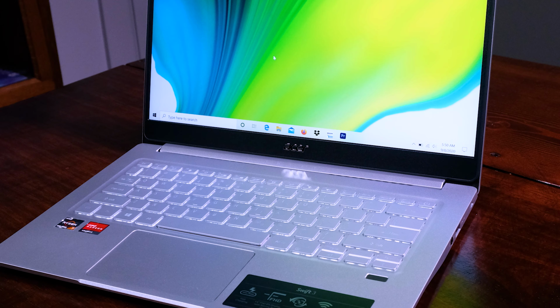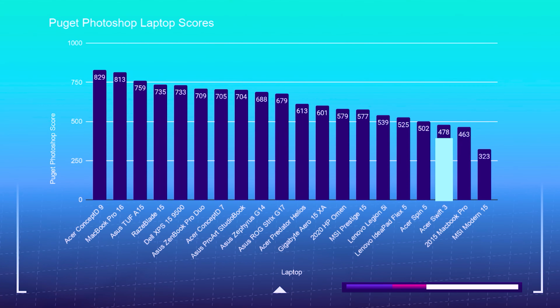I took this laptop on a road trip mid-year 2020 and was able to work on it at half screen brightness for 9 hours and still had 23% battery left when stopping my work day. It scores a respectable 478 on the Photoshop benchmark test, which is completely suitable for designers, photo editors, and digital artists. You can even do some 1080p video editing on this laptop, but I do not recommend 4K for this